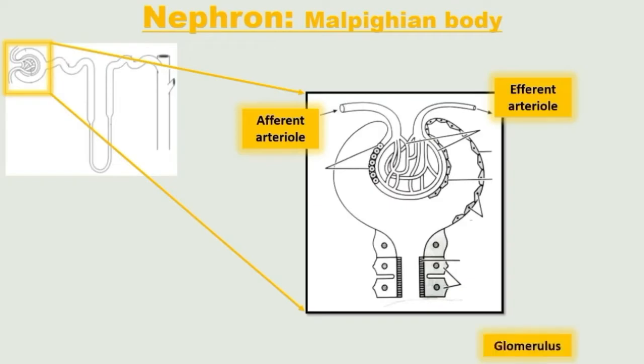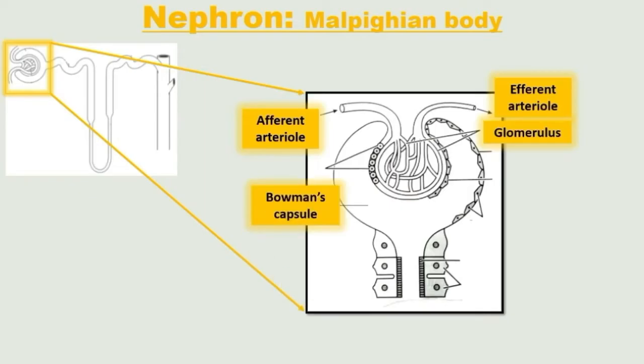The reason for that is our next structure, which is the glomerulus. It looks like a ball of yarn in the middle of the Malpighian body. It creates a hydrostatic pressure on the inside of the glomerulus in order for the filtrate to move into Bowman's capsule. I always tell my learners that Bowman's capsule is the part that looks like Pac-Man